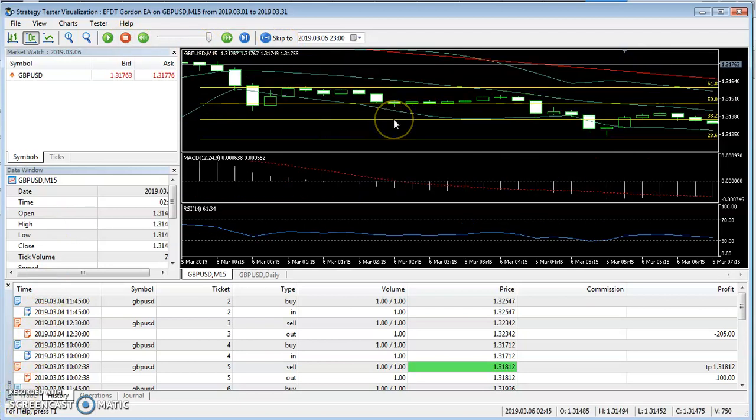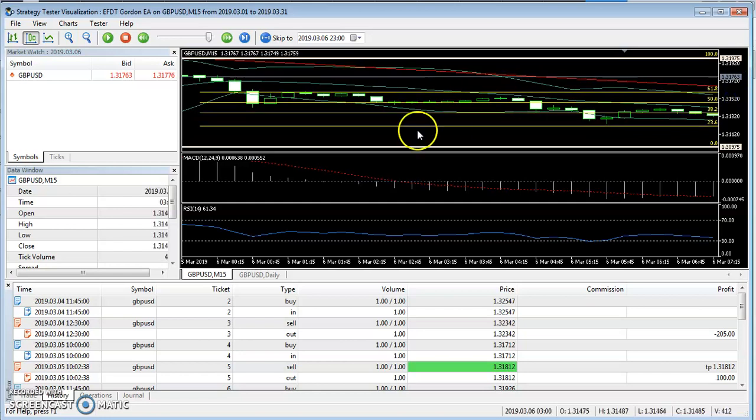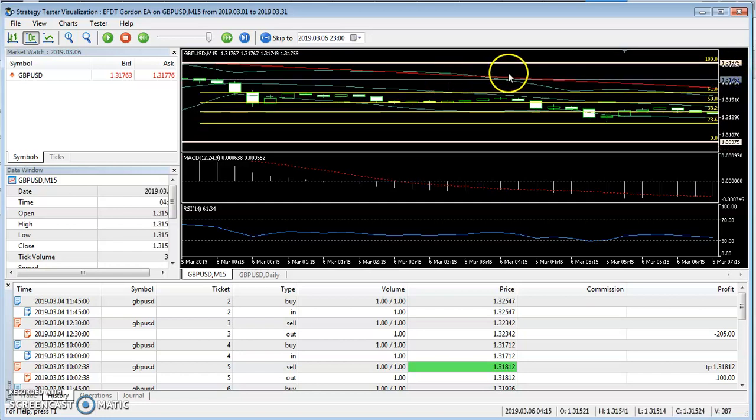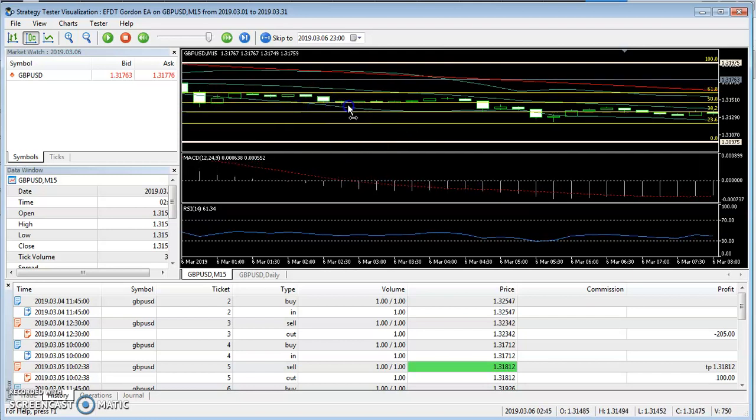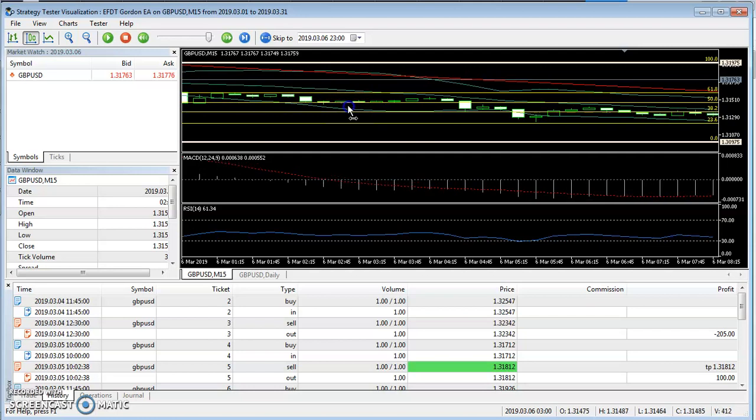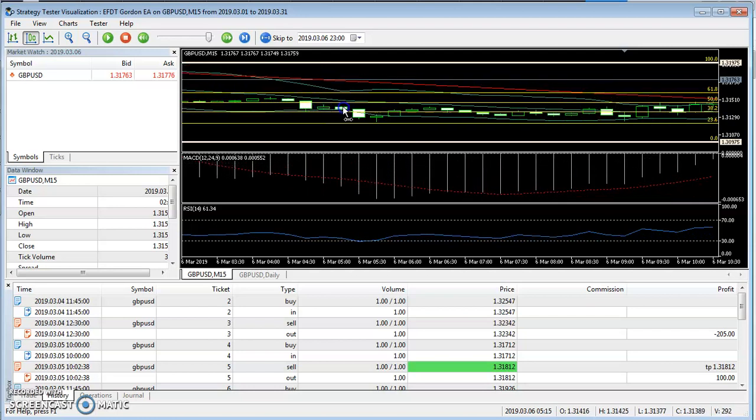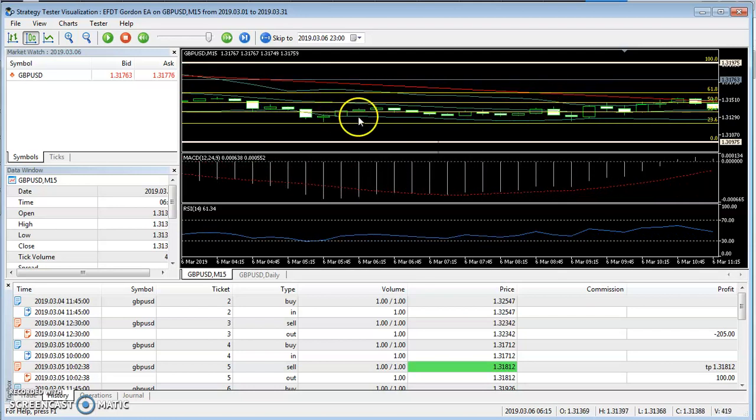Okay, moving forward to our next example, we can see that the trend is heading downwards. We can see the support and resistance lines in white and then Fibonacci lines in yellow. You can see the trend heading downwards, and this Fibonacci line begins to serve as a support,